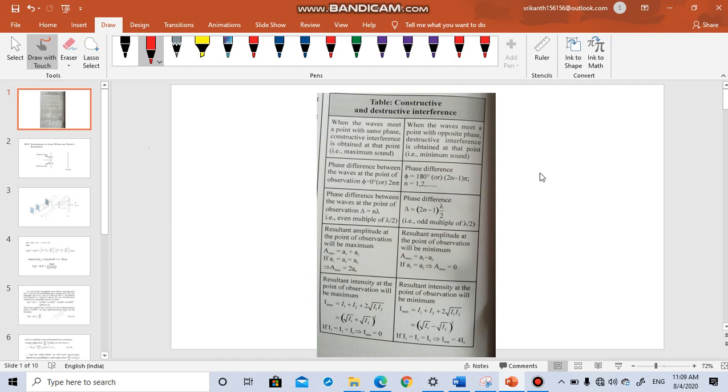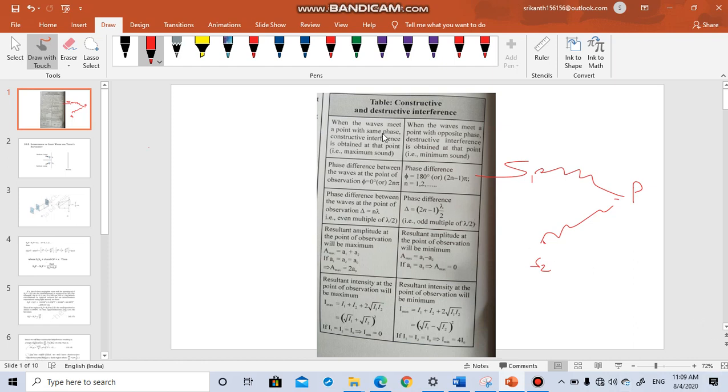Okay, so there is a source here, there is a source here, and they are meeting here. So like this. This is S2 and this is S1. If they are meeting at this point P and they are in phase, then you can use the principle of superposition. If they are in phase, it is constructive interference. If they are not in phase, that is destructive interference.